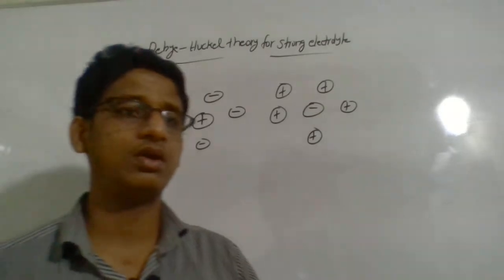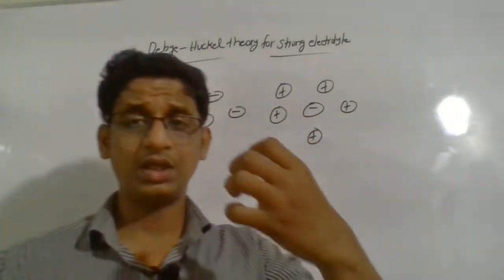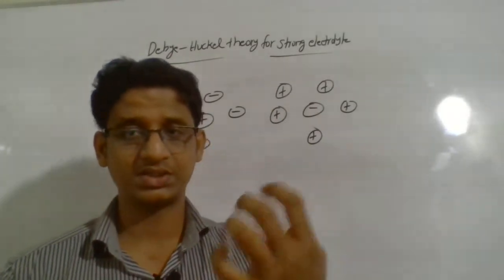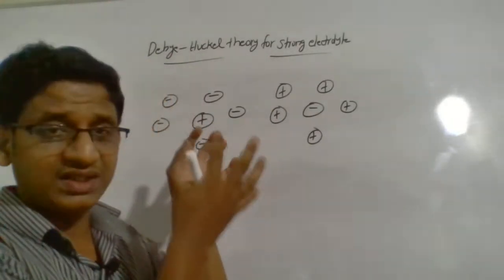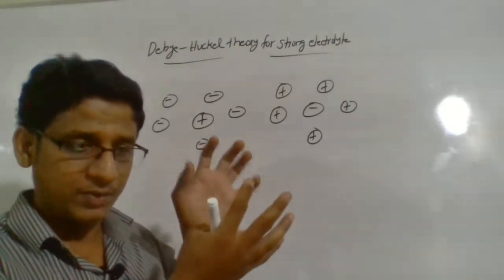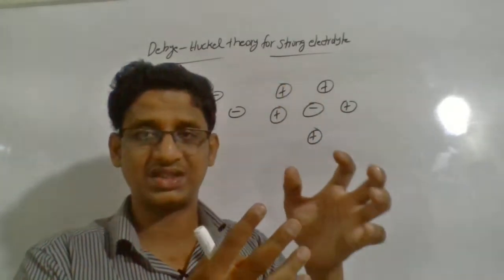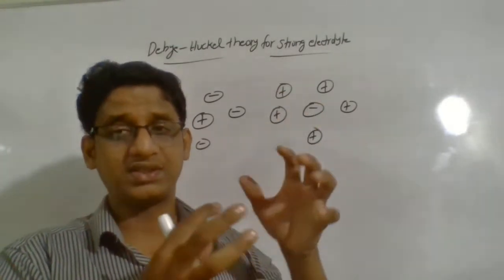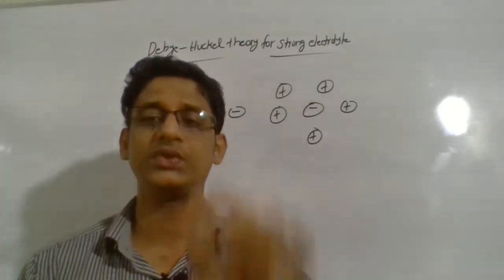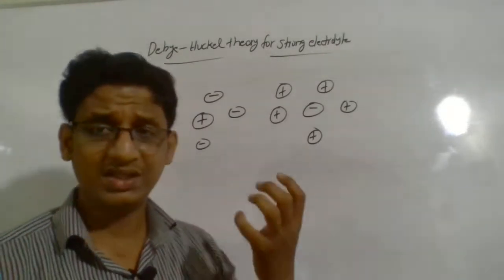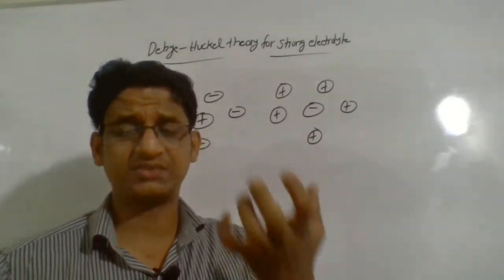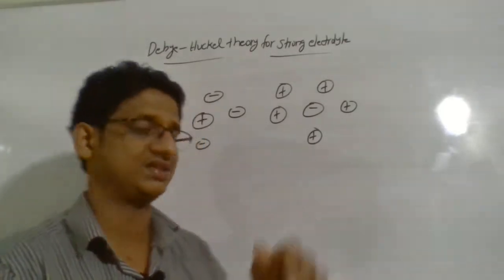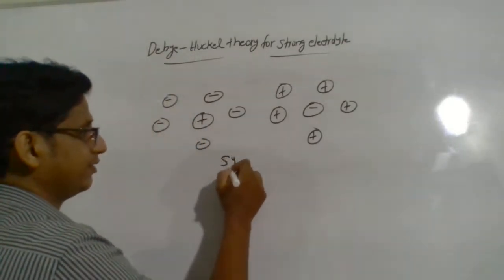But you talk about the lower molar conductivity at higher concentration. What will happen at higher concentration? At higher concentration, the ionic atmosphere is there, where positively charged ions attract negatively charged ions, and there is a strong attraction between the oppositely charged ions in the solution. So they are not able to move as we expect, because even in the aqueous solution this ionic atmosphere is there. So this ionic atmosphere we will call